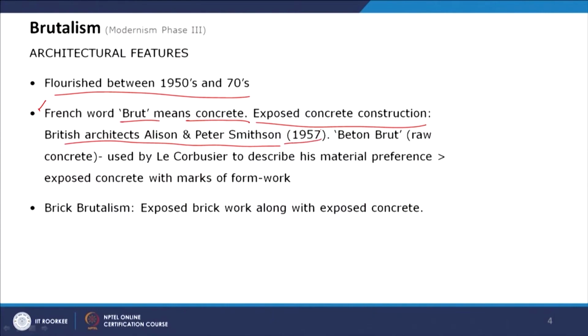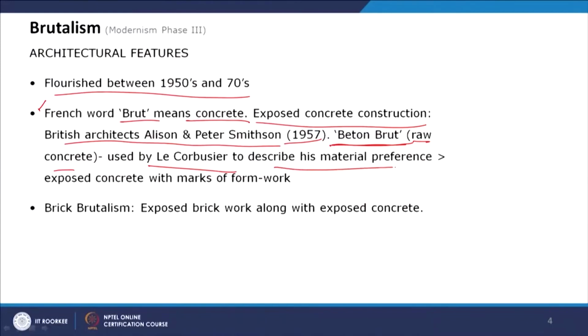British architects Alison and Peter Smithson started experimenting with this kind of structure. Then the term béton brut, which in French means raw concrete, was used by Le Corbusier, the famous French architect, who has many architectural designs in India, especially in Chandigarh. He designed Chandigarh's city plan as well as many of its important buildings, and he described his material preference with the term béton brut, and from there the movement brutalism, the word,